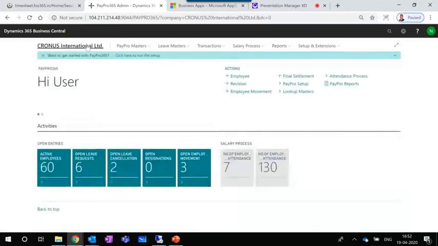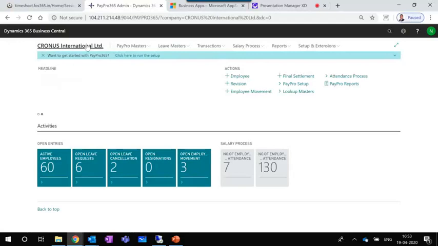Also there is a possibility of salary revision. We'll be able to do year-on-year revisions, so that the employee pay components are updated automatically. Or if you want to process some arrears, that is also possible in the system.